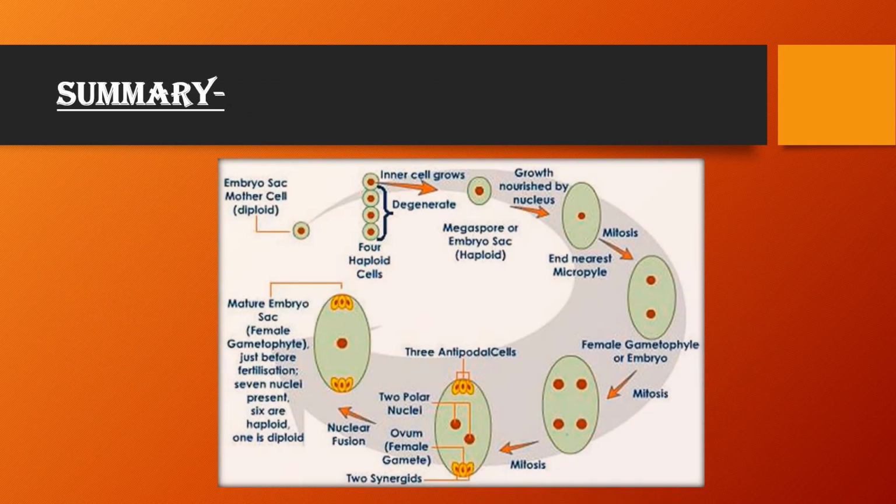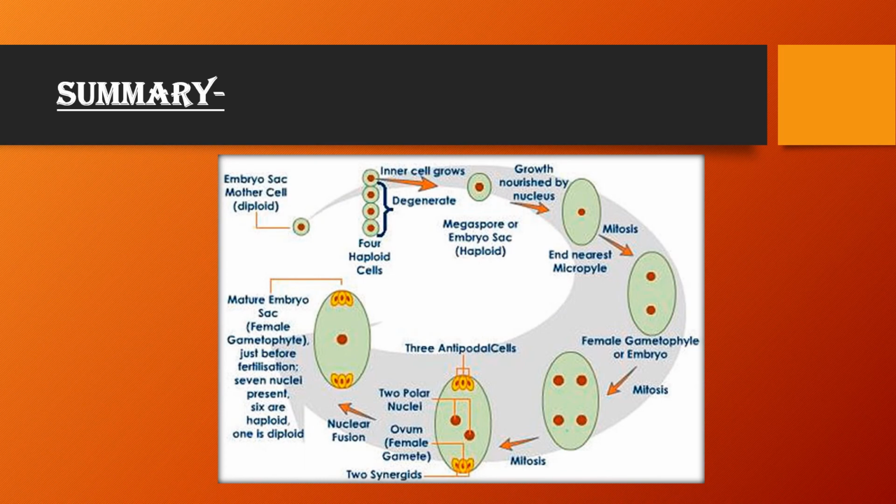Next we will see how embryo sac formation takes place. We will compile all the information to know how the embryo sac forms. Starting from the diagram, you can see one diploid mother cell, also called the embryo sac mother cell, and it performs the first meiotic division and forms megaspore tetrads, in which 3 degenerate and only 1 is the functional megaspore. That functional megaspore grows, and after growth it performs 3 sequential mitotic divisions.